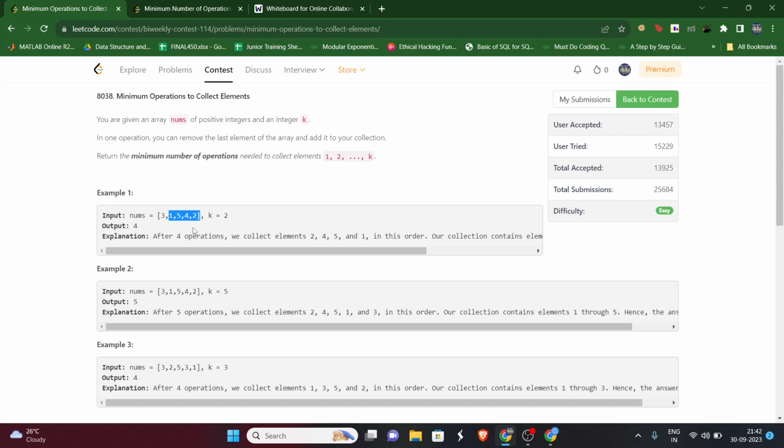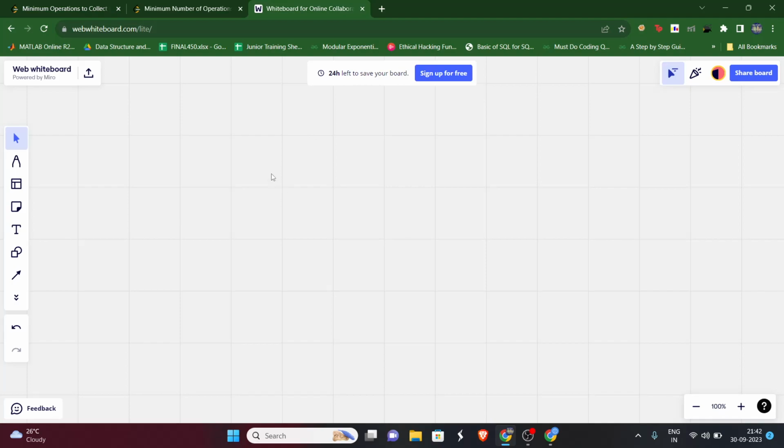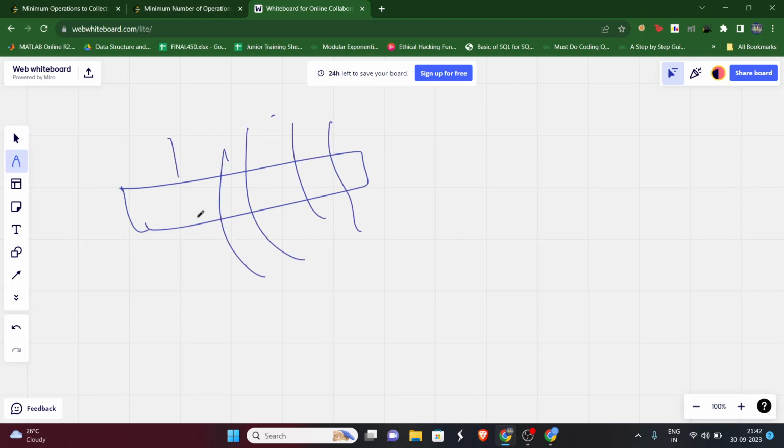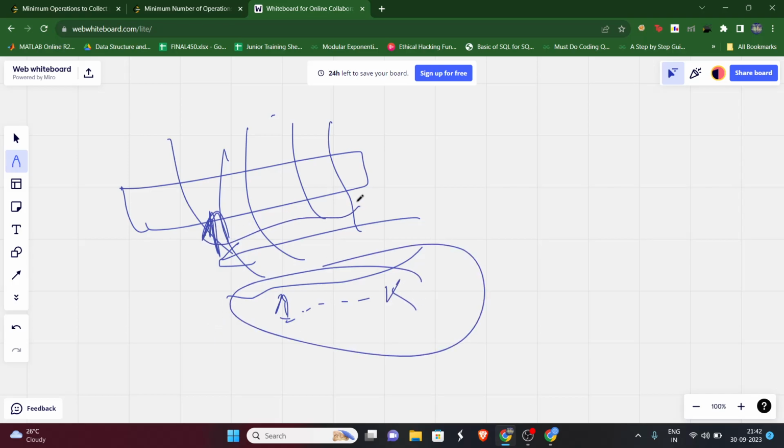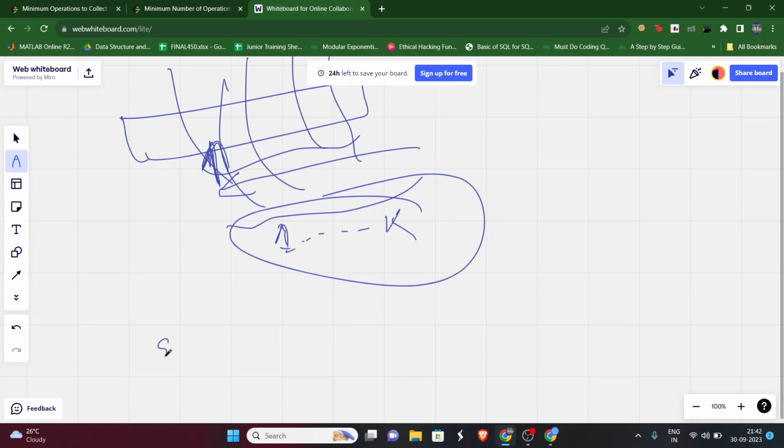So what we are saying is, if we kept all this into some kind of, sorry, a set. If this is the given array, we will remove the elements from the last, or basically keep traversing from the end until the point where we have found all the elements from 1 to k, whatever the value of k is. And how can we identify that? We can have one set, let's say s, and whenever we find any element that is less than or equal to k,